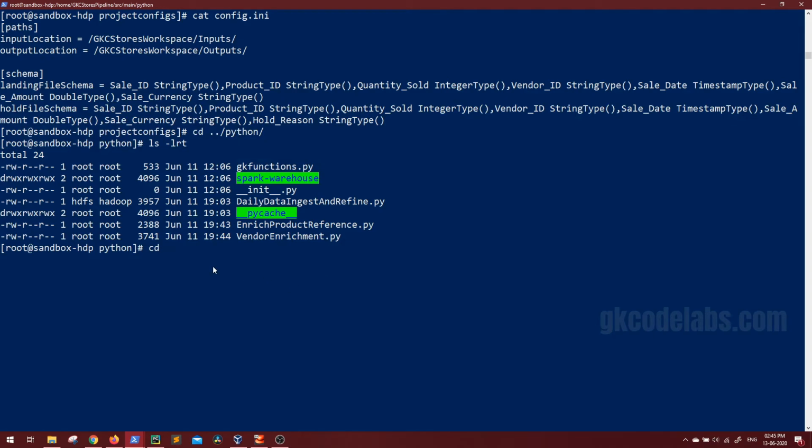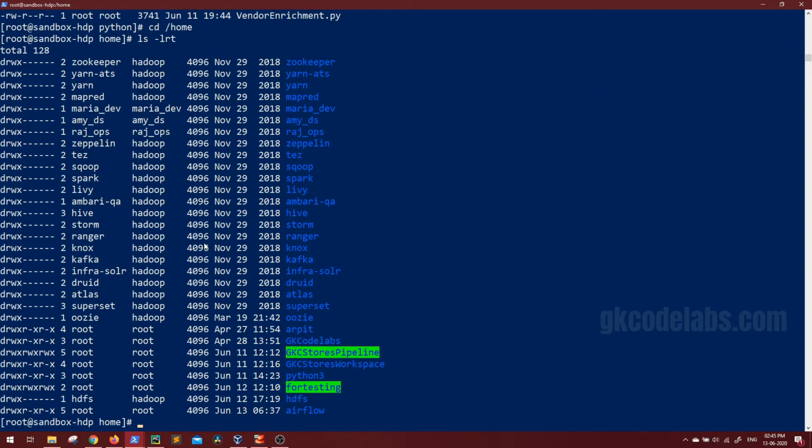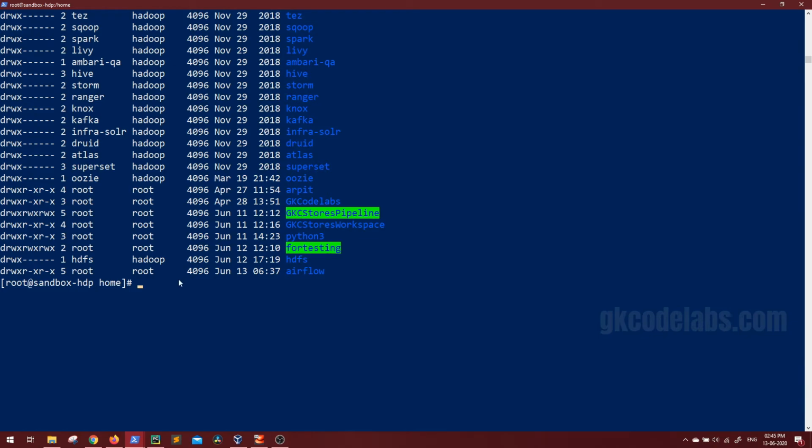Now let's go to our home directory, and I have come to this directory just to show you that we can run the jobs from any of the folders. So right now let's submit it manually and see if our jobs are running. In the coming session, we will see how we can schedule the jobs automatically using Apache Airflow. So just to test, let's try to run one of the jobs.